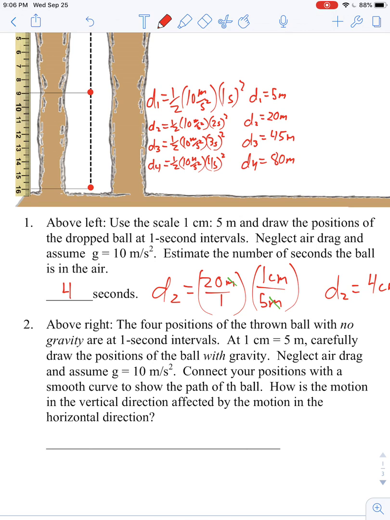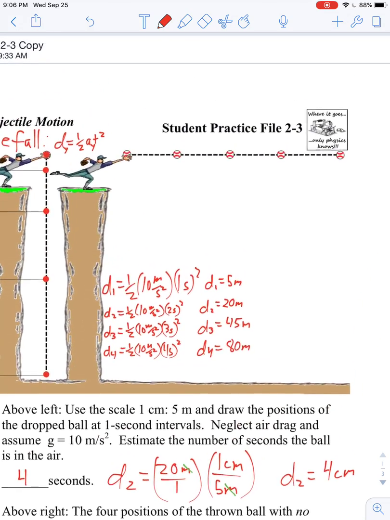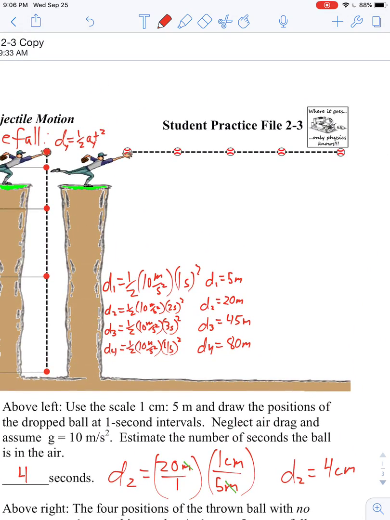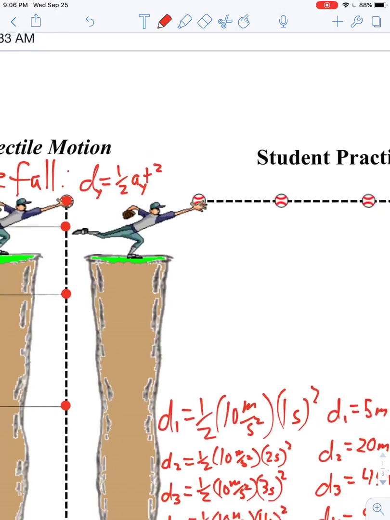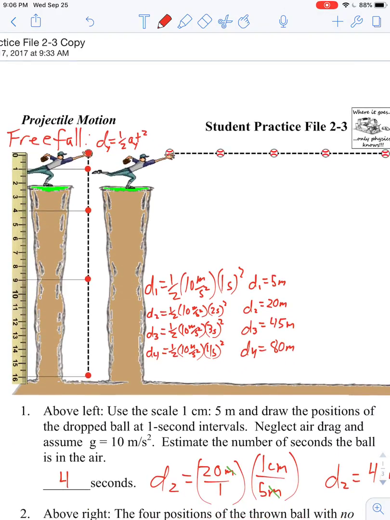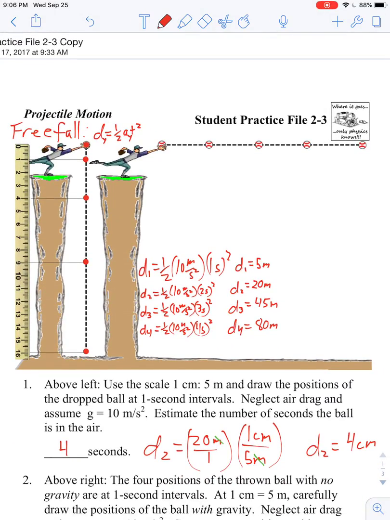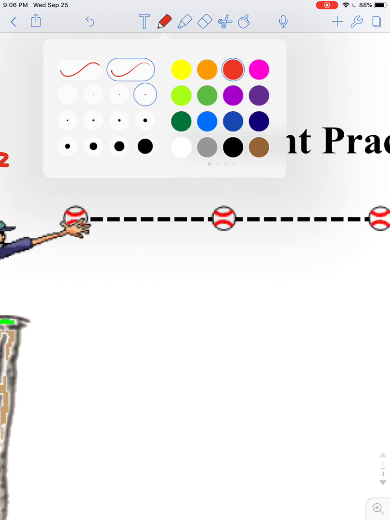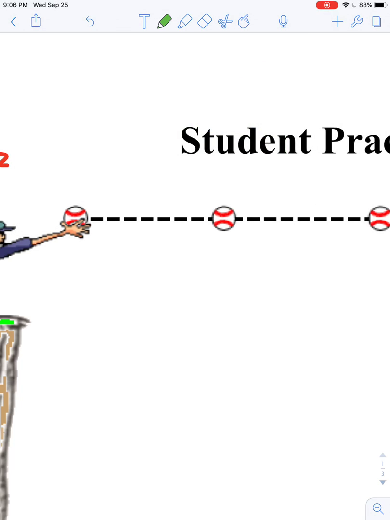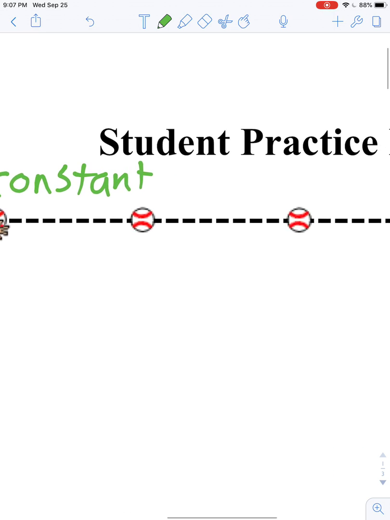Before we go any farther with reading this, let me explain what this means in the diagram. Essentially we're using our imagination here and saying if this baseball player threw this ball off the top of this cliff, but if there were no gravity, then the ball wouldn't move down. It would instead move in a straight line at a constant speed. So what's really happening up here is just an idealized picture of constant velocity. So I'm just going to add that label up here. So we've got this constant